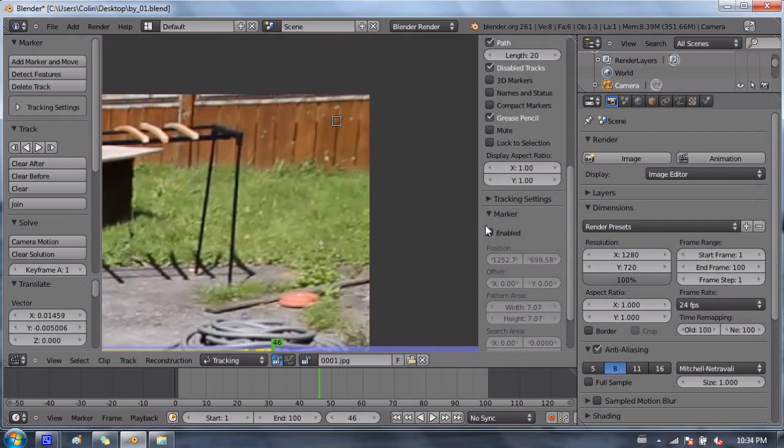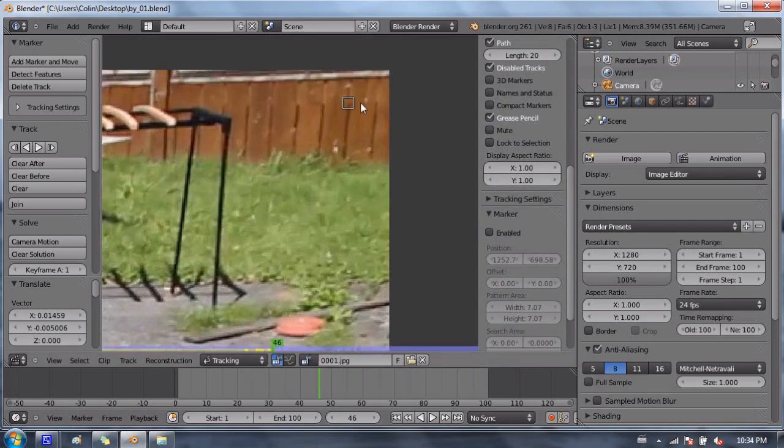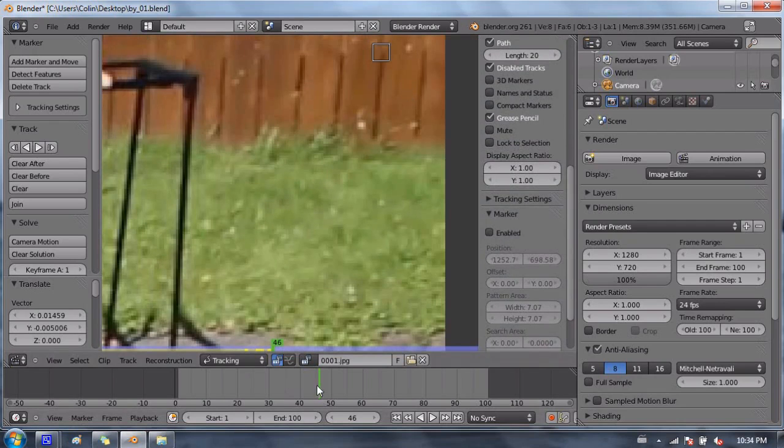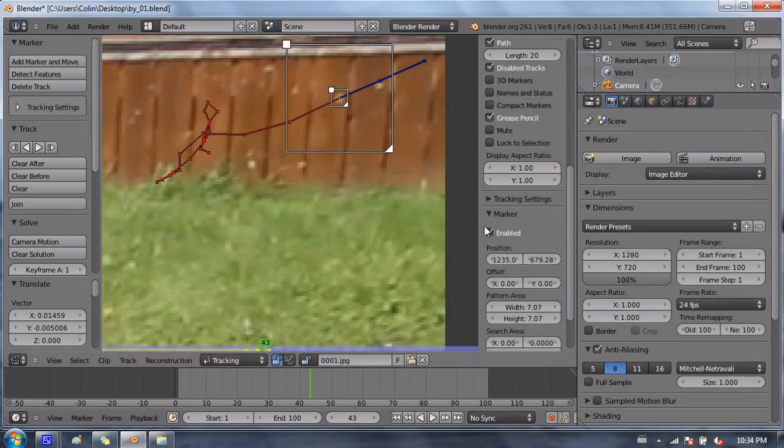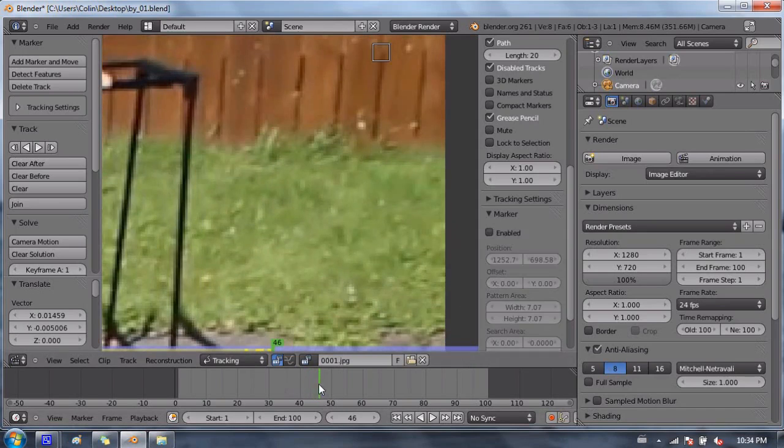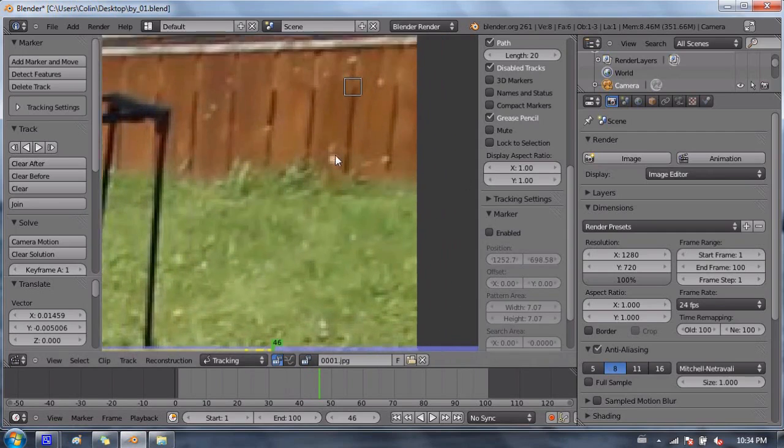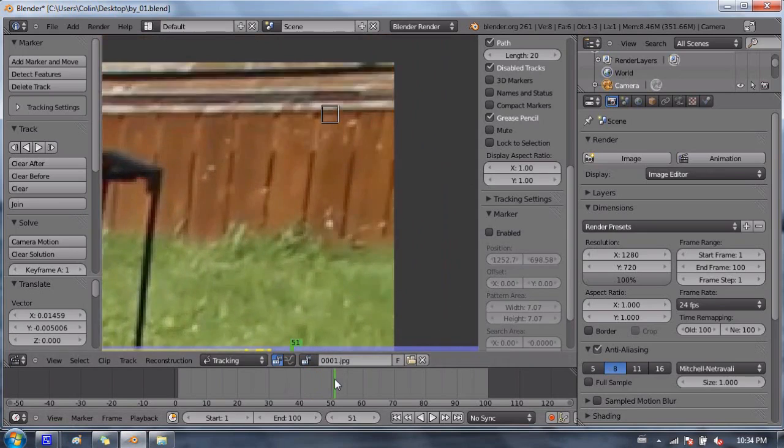Now it's already unchecked, and that's because Blender is quite smart. They made this quite well. If I scrub back to a frame where it is in the frame, you'll notice that it is enabled. But Blender was smart enough to know that it's no longer there. And so this tracker is disabled. If I keep on going though,